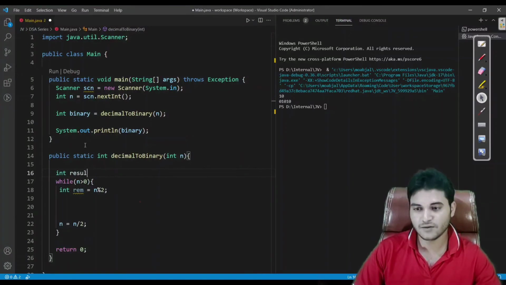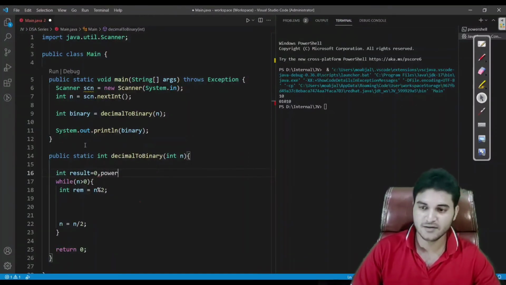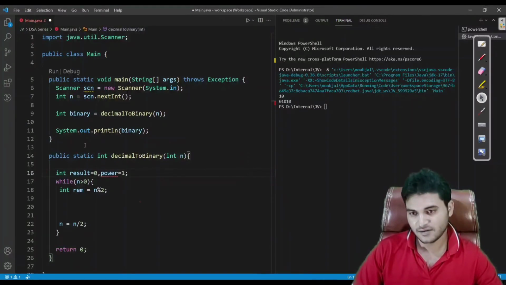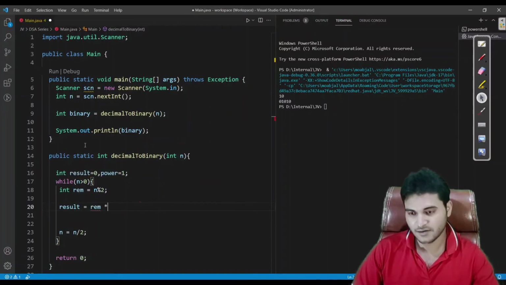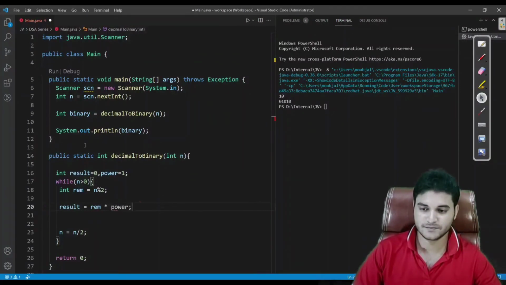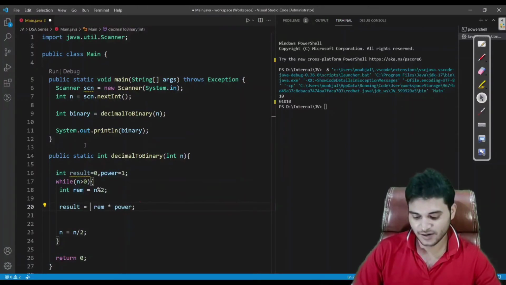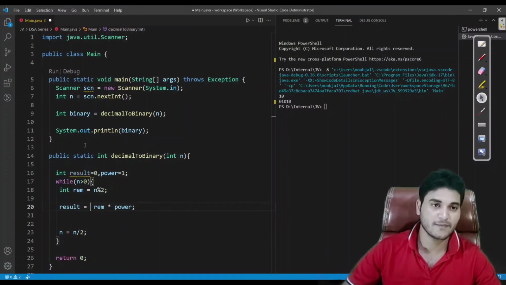First of all, I will take one variable as result, which is 0 initially, and a power variable which is 1 initially. Then I am going to assign the sum into the result variable and the remainder into power.